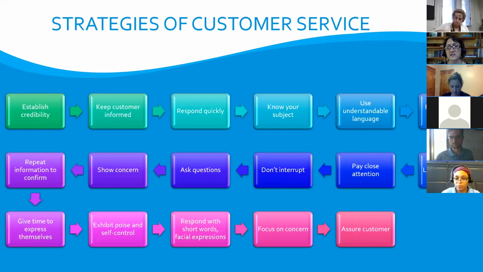So the first thing, and this actually was brought up by someone earlier today, we want to make sure we establish credibility. And this can be done in a number of ways. Sometimes it's just being friendly. Sometimes it's identifying yourself, right? So making sure that they understand your role in the organization. I know there are a couple of folks from GLWA who do samples at businesses and people get a little standoffish. Why are you here? What's wrong with my water? So establishing credibility early on is helpful.